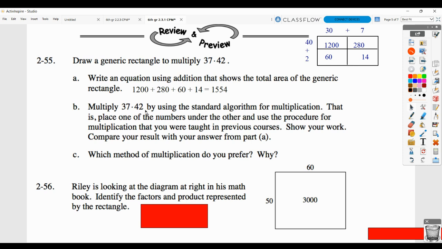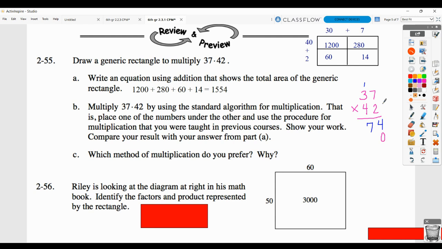Then they want you to multiply it using the standard algorithm for multiplication. So in other words, you're going to show the 37 times 42 this way, where you do 2 times 7 is 14, carry the 1, 2 times 3 is 6, plus 1 is 7, and then you are going to need to put a 0 for a place value,